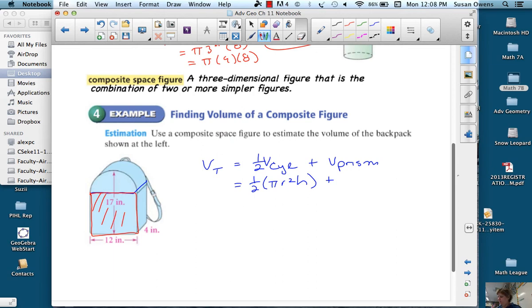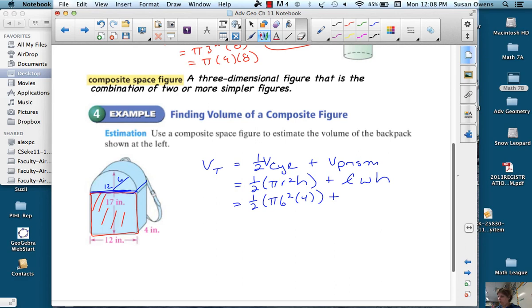For the prism, the volume is going to be length times width times height. The radius I can figure out. This is 12, which means this top part up here is also going to be 12, which means this radius right here is going to be 6, so pi times 6 squared. The height going back is going to be that 4. Plus